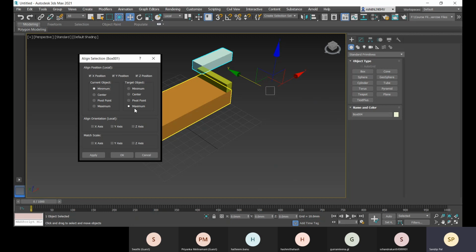You want to apply minimum and minimum, or minimum with the center, or center with the center, so that you can apply like minimum to the maximum. Let's apply first minimum to the maximum, and then I will go with the x and y position at the center, and that is applied. Again, click on apply, and if it is the result, then you can click on this OK.